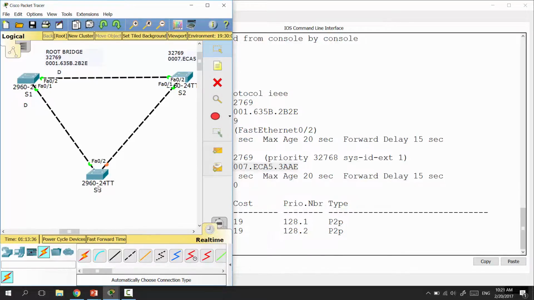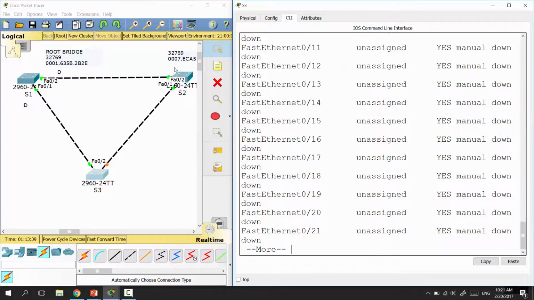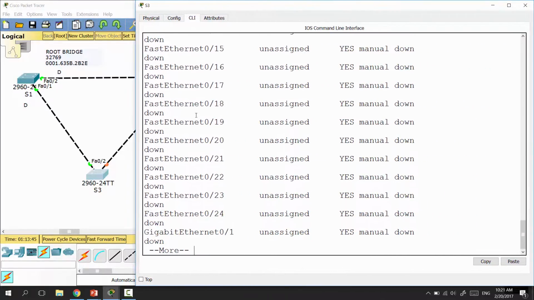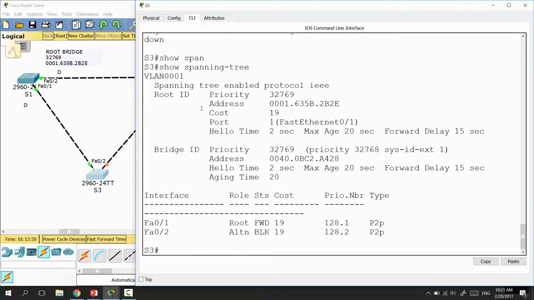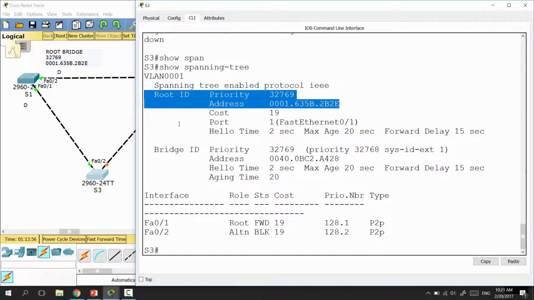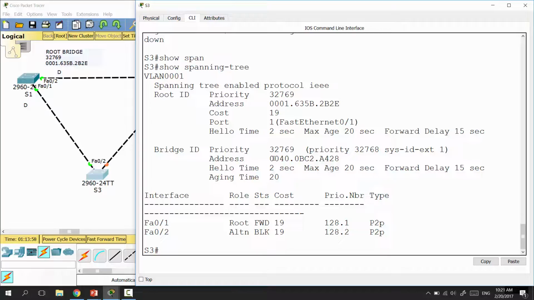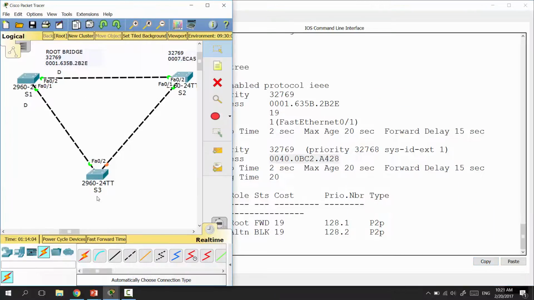And now I will take a look at the status of switch 3. Typing show spanning tree, and here we may find out that this is again the information of the root bridge, but the information of this switch is this one. So we have the same priority value as we have on all of the switches, and we have a MAC address. So let me type here the priority value 32769,